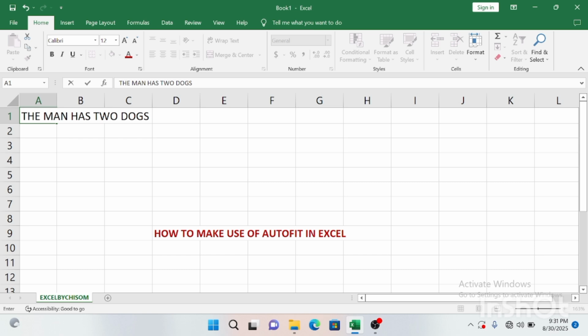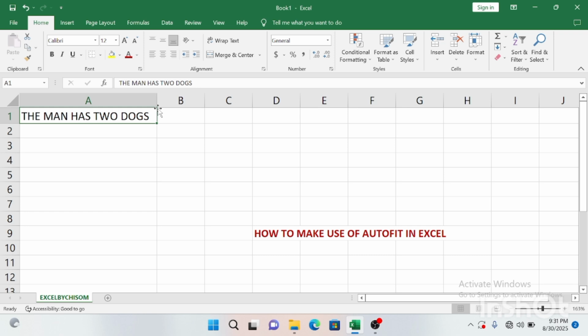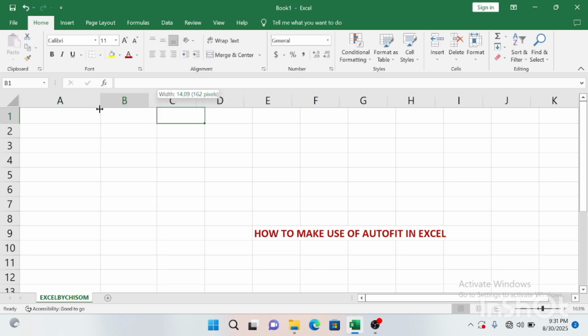You see how it is. You have to go through the stress of always stretching the columns, and you keep on doing this as you type. It is always frustrating. So the simple way to go about this without going through the stress of always stretching columns like this,